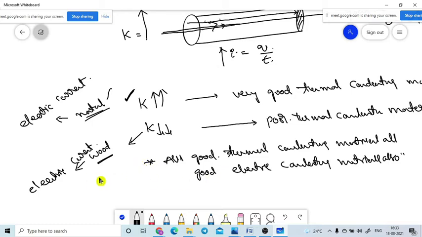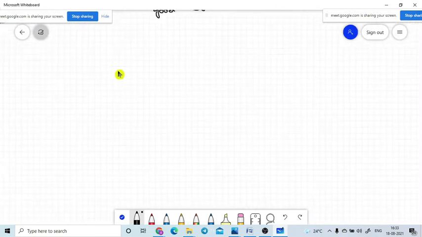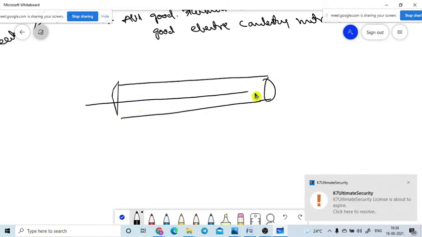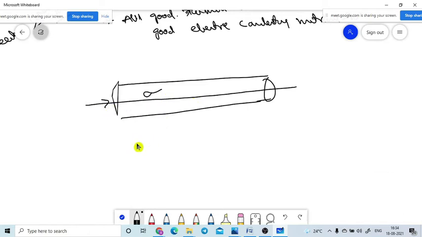So now we are moving to another part. If the electric current is passing through this material, we define the electric conducting material with sigma. If we take it that way, the conducting value will be a very small value, so we will define it with another parameter. It is the electric resistance.